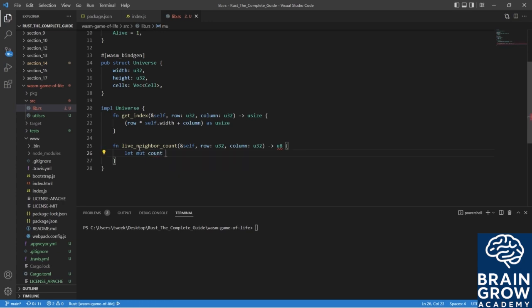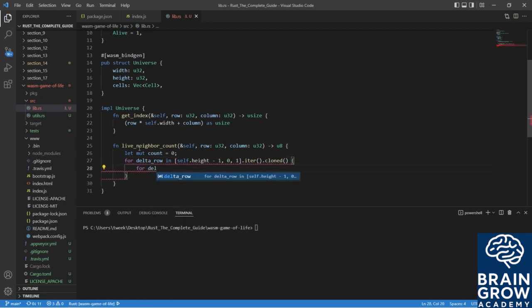So we'll say let mutable count equals 0, and then for delta row in self dot height minus 1, 0 for the row, 1 for the column, and then we are going to iterate, clone,